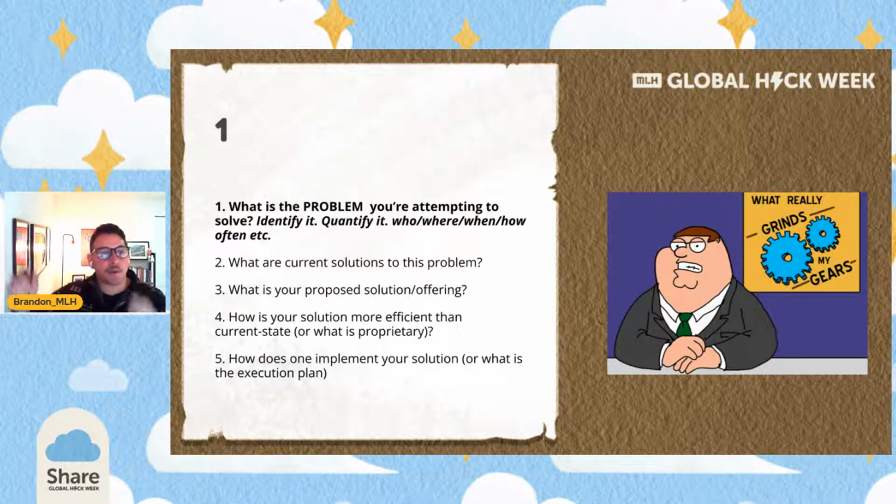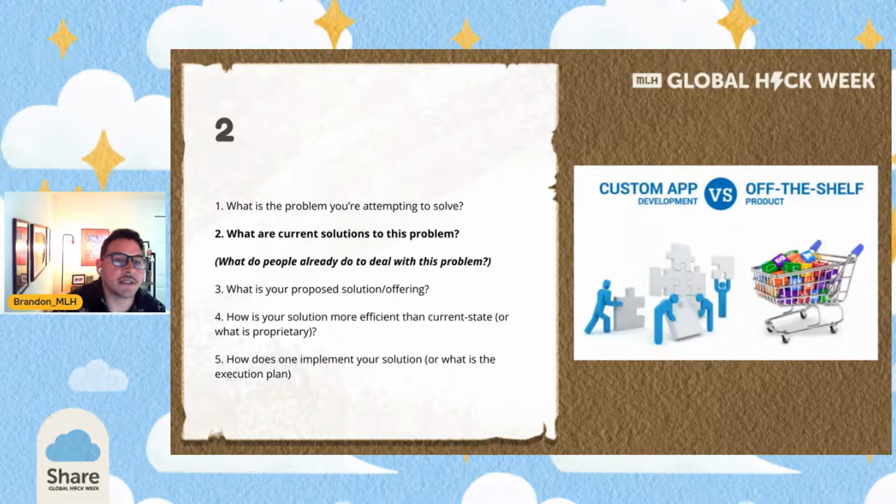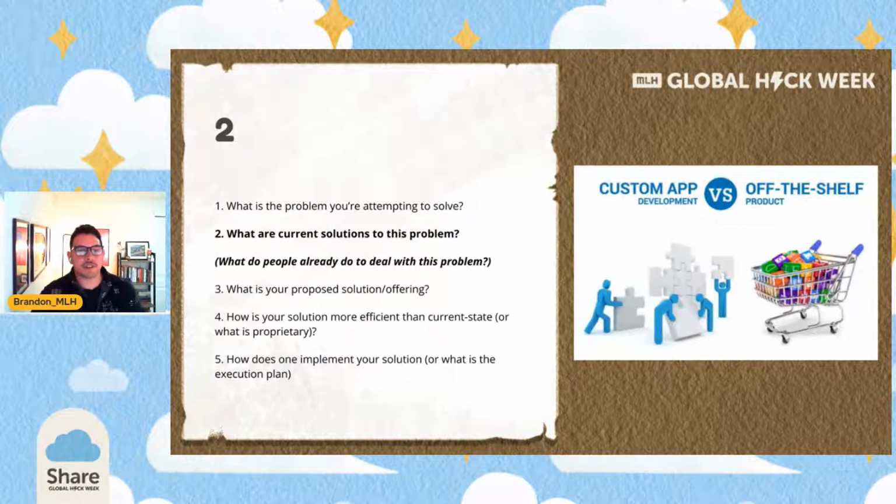I'm not going to think tech forward. I'm not going to say, hey, I have to use a blockchain or I have to use this particular API per se. I'm just going to focus on, I want to make it easier to find retro jerseys. That's my problem. So then number two, what are the current solutions to that problem?